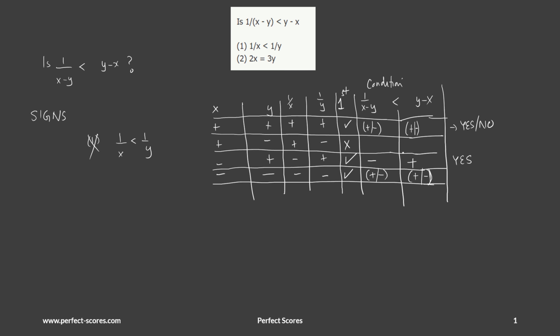I'm pretty sure that this is going to flip signs. You can even verify it. So this is going to be positive and negative, because x minus y, which is positive minus negative, is always going to be positive, and y minus x will be the opposite sign, which is negative minus positive, which is always going to be negative. So this will always give me a no. And this one is again a yes as well as a no. So this is what we have.